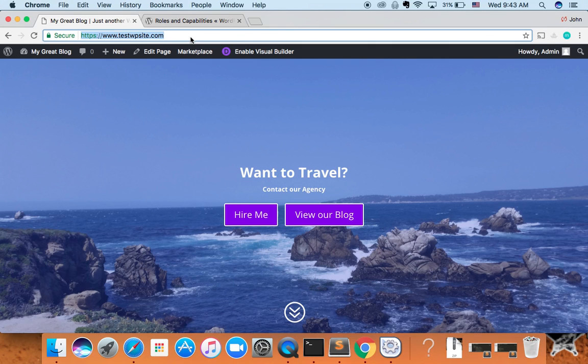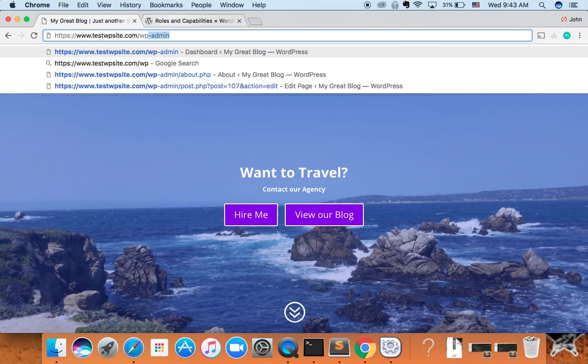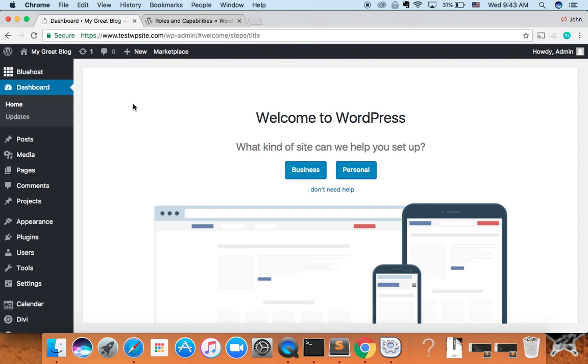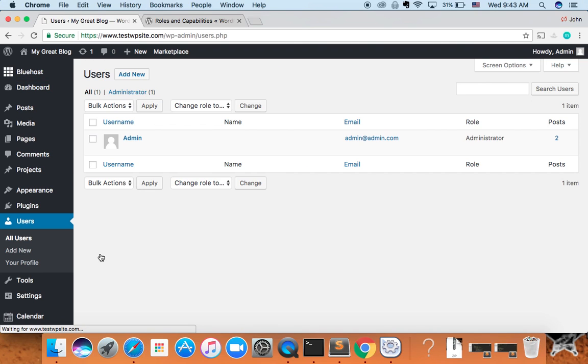And so the way you'll do that is by going to your website URL and /wp-admin, and then you'll either log in or it'll take you to the admin area, and then you can create a user. You can go down to the users and click all users or add new. But if you click all users, then you can see all of the users that are available. And then if you click add new,